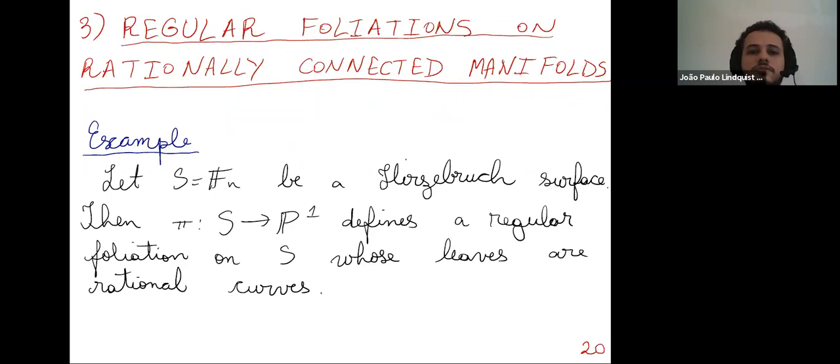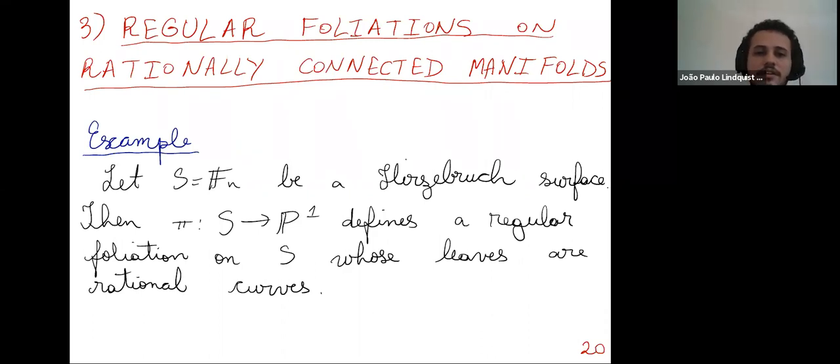So to motivate the main results I presented in the introduction, which I remind you is that I want to show that regular foliations on rationally connected manifolds are algebraic, satisfying some conditions, I start by showing that the analogous result is true for foliations on surfaces. So how to say this? So start with a